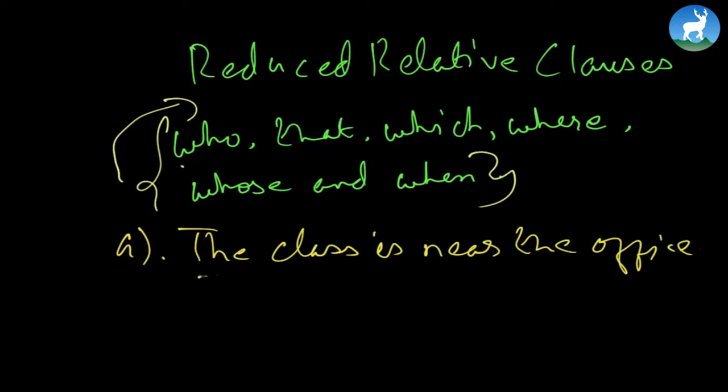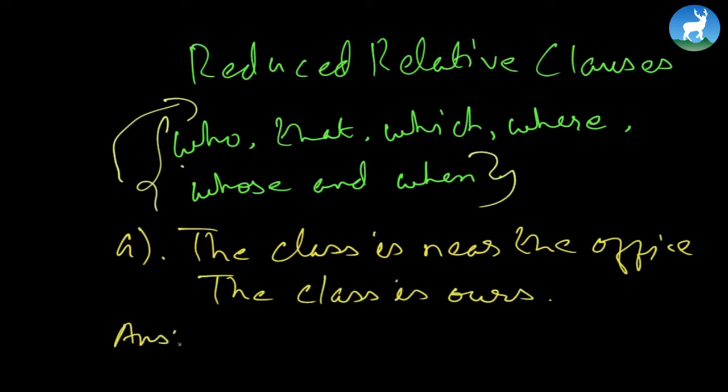What do you think is the answer? Without using these relative pronouns, if we have to combine these two sentences into one, the answer would be: the class near the